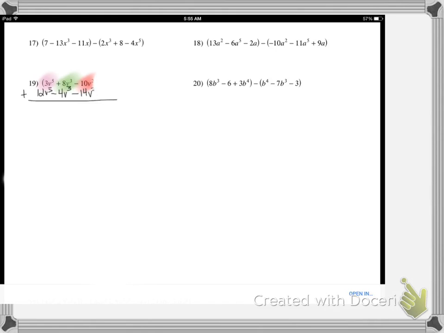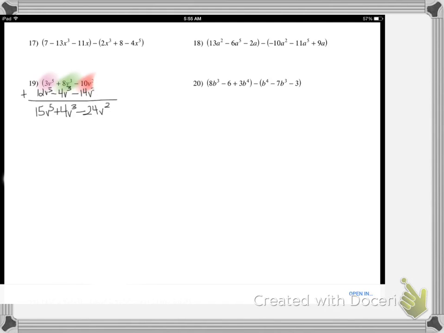12v to the fifth plus 3v to the fifth is 15v to the fifth. You don't do anything to the exponents. You just combine them. Let's do it again. 8v cubed minus 4v cubed is subtract, sign of the higher number, 4v cubed. Don't do anything to your exponents or your variables except to keep them. And then lastly, we have a negative 10v squared minus 14v squared. That's same sign, sum,